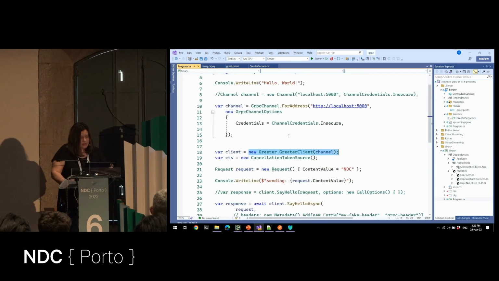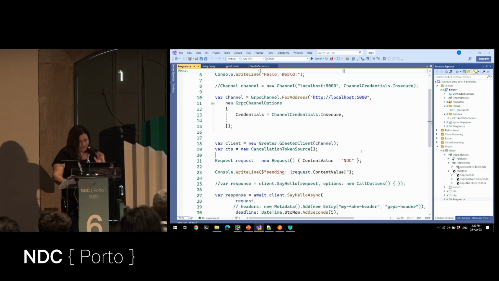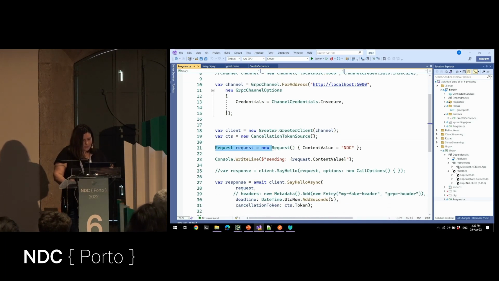But here, the greeter and greeter's client are made for me. Okay, what you can have in here is just, okay, instantiate the request. You'll need to pass this request in your method call. So you have say hello async, pass the request message. You cannot have empty here, or null. You need to pass something with a specific field.